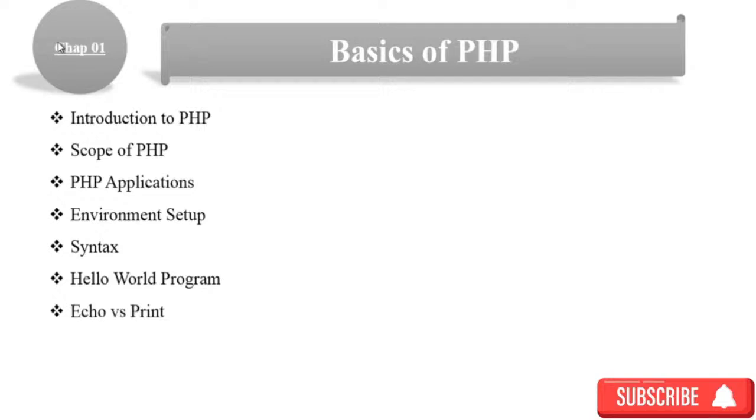Echo versus print. There are two methods to display anything to the user. These are two output functions used in PHP. There is some difference between echo and print methods, and I will discuss that difference also. Comments, reserved words, and escape sequences. These are the different topics that we'll cover in chapter 1. So in the next class, we will learn how you can introduce PHP basic concepts, theoretical concepts about